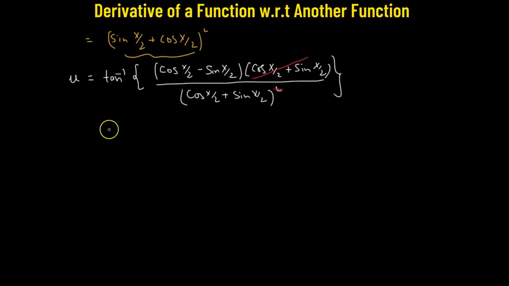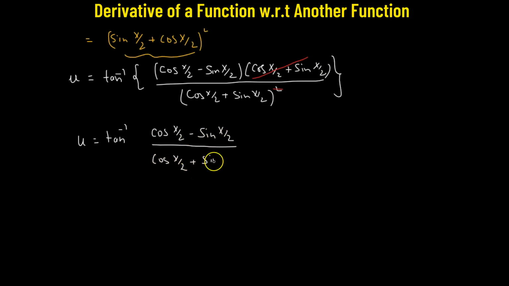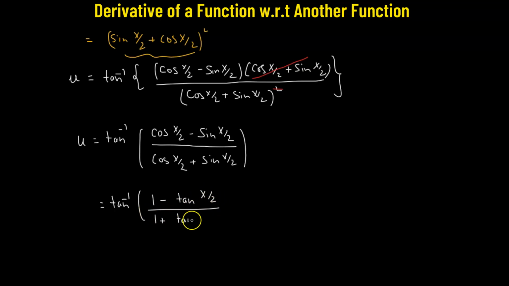This leaves us with u equal to tangent inverse of cosine of x over 2 minus sine of x over 2 divided by cosine of x over 2 plus sine of x over 2, which equals tangent inverse of, now we'll divide the numerator and the denominator by cosine of x over 2. That gives us 1 minus tangent of x over 2 divided by 1 plus tangent of x over 2, which will be equal to